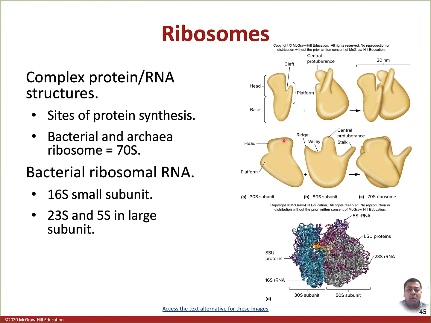You have a smaller subunit, which is a 30S subunit made up of ribosomal RNA and protein. And you have a large ribosomal subunit made up of RNA and protein. This is a 50S subunit. During protein synthesis, they come together and form the 70S ribosome. See that the 30S and the 50S are not additive to 80S, but this is 70S, which is a little bit smaller. So the S